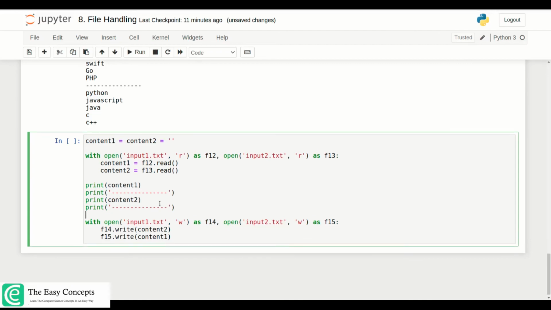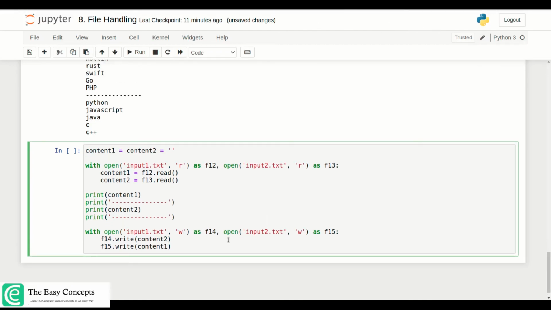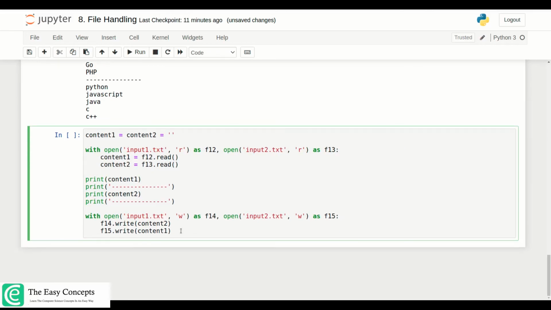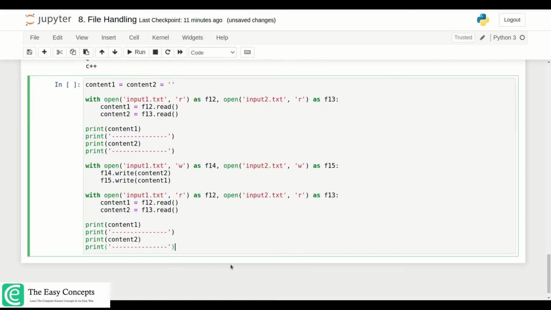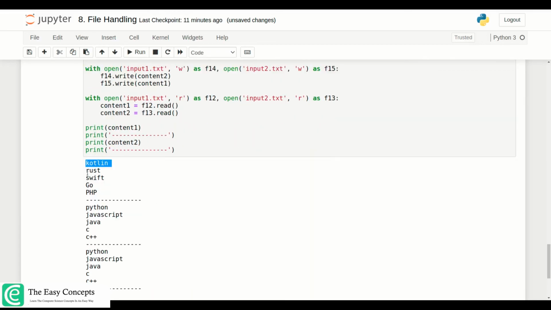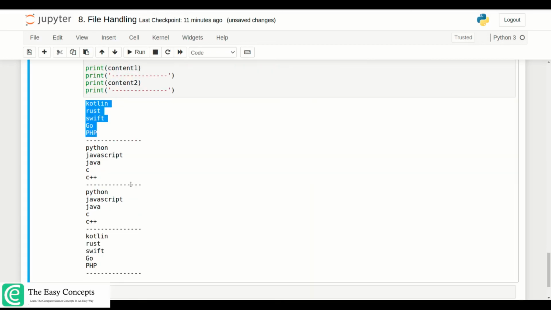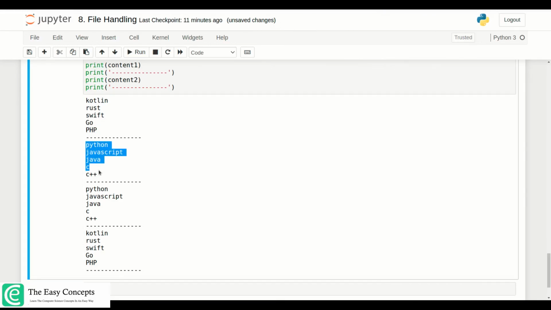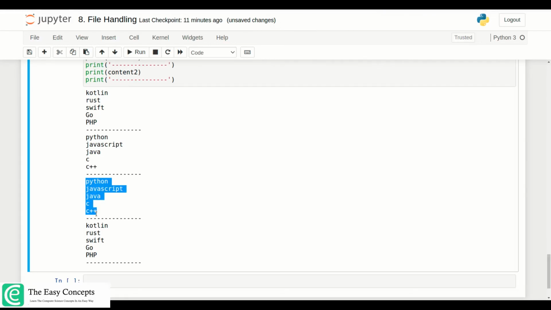Now we'll swap the content in this code, and after this just try to read the content again and print the content again, and you should have the content changed now. Let's run this whole code, and this will do what you need. Now you can see this is content1 now because we have swapped it previously. This is content2, but after swapping this is content1 and this is content2, right?